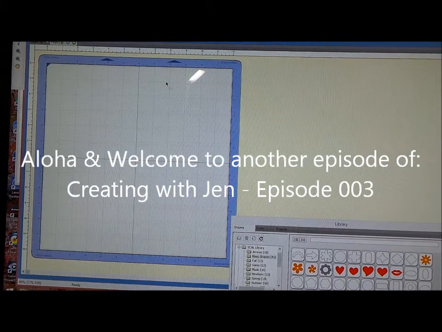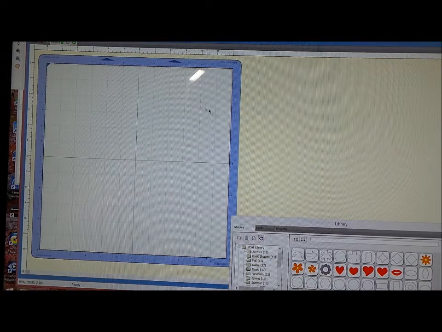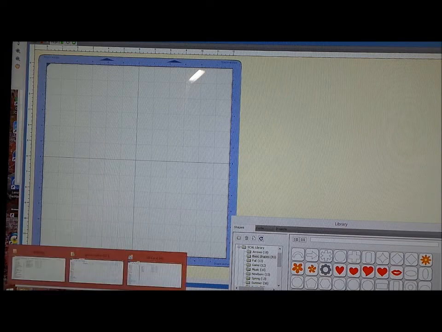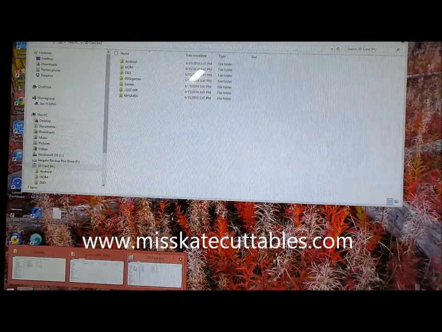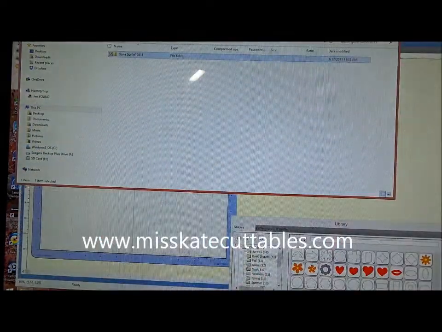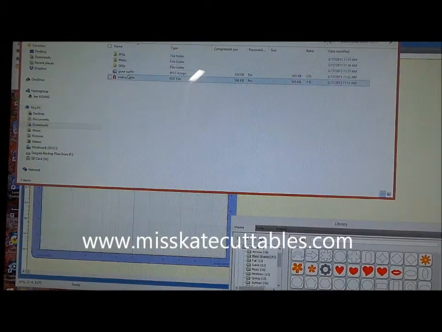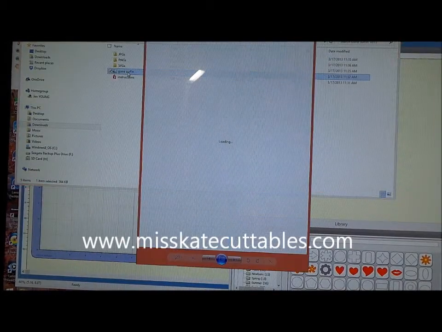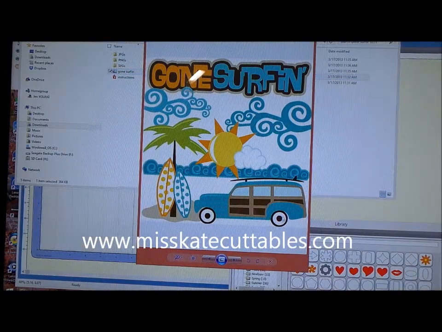Today I'm working with SVG cuts and cutting things on my Eclipse. I'm making a card for my pastor who owns a Woody, and he loves that type of car. So I found an SVG cut from Miss Kate Cuttables. Let me get a picture of the file I'm cutting, and it's actually this Woody right here,